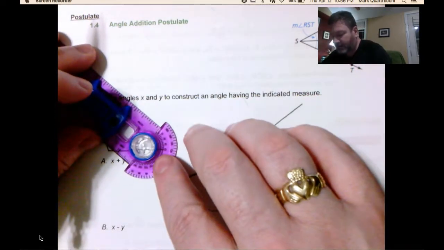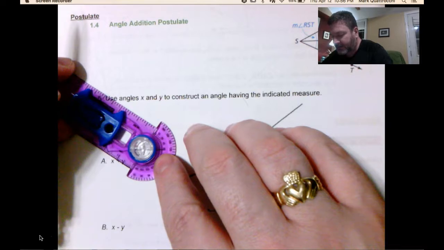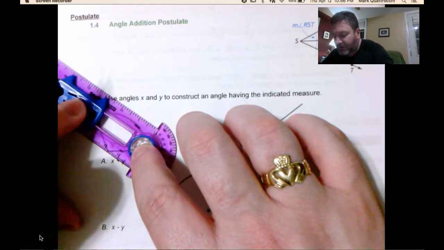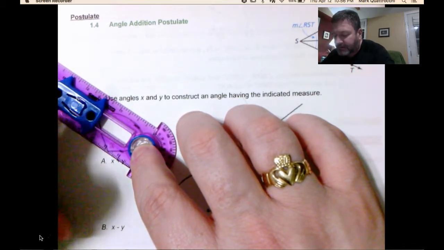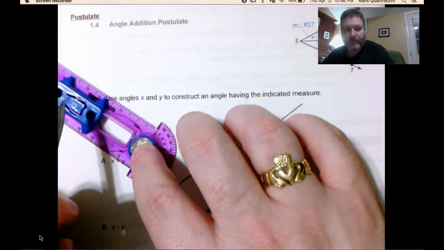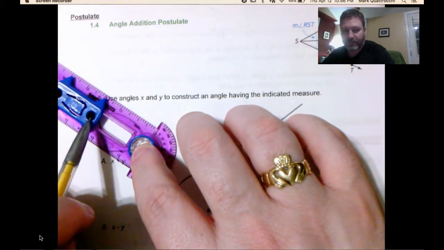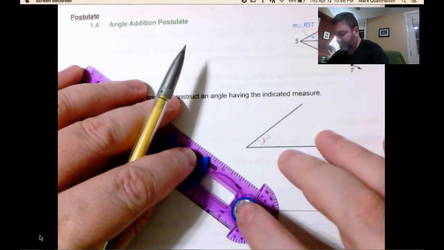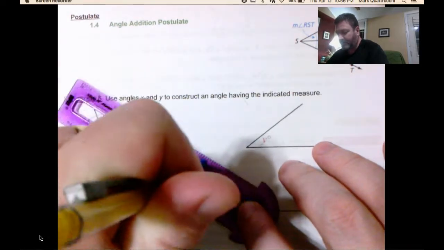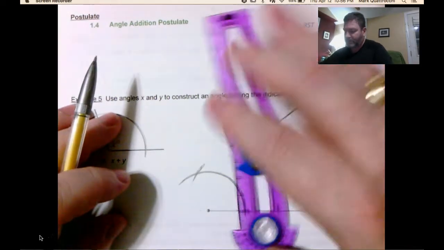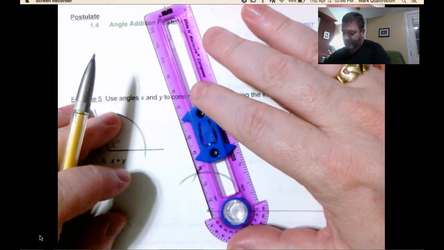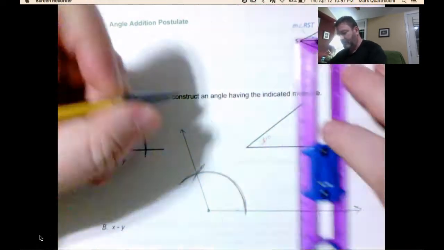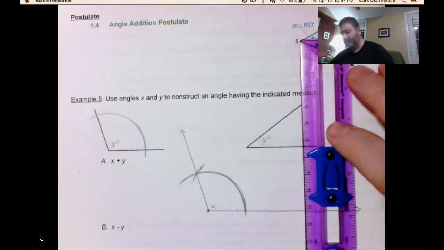Now, I'm going to go back to this angle, and I have to set my radius to the intersection of the arc and the two sides. I don't know if you can see it in the camera, but that is right over the intersection. I'll come back here to this intersection of the side, draw an arc, and where these two arcs intersect, I'm going to connect. This is angle X